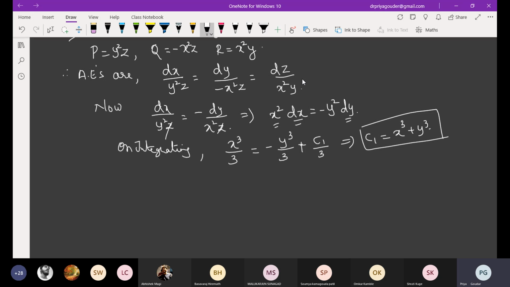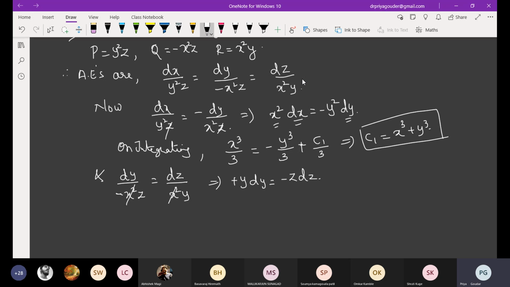Now, can I use the second and third? Check about it. Say either yes or no. Yes, we can. Tell me, what is the simplification? X square is cancelled. Cross multiply. Variables are separated. So what I will do, I'll keep plus dy here, and this minus I'll transfer, minus z dz, so that I can avoid some minus there.